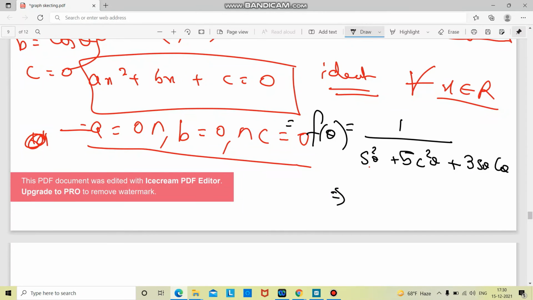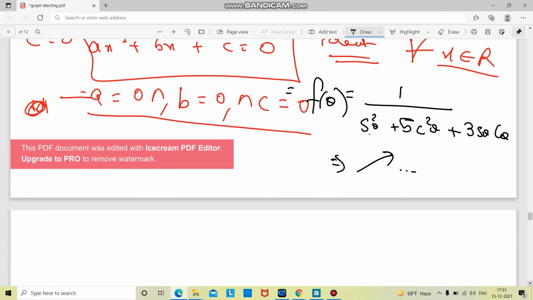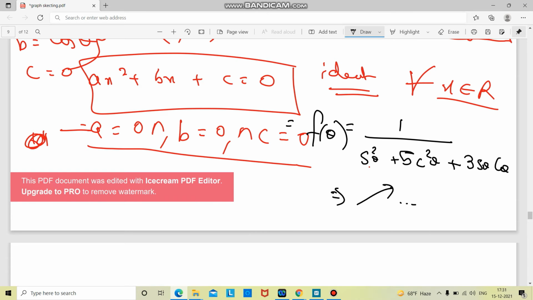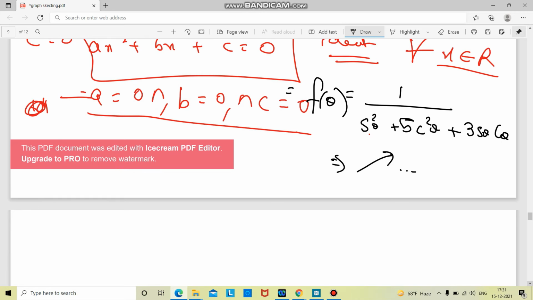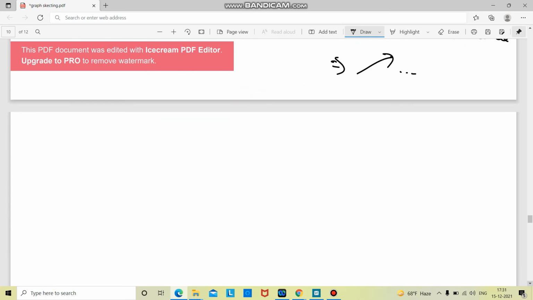You have studied in the trigonometry chapter how to do these types of calculations, so you can do it very easily. I am leaving it up to you. We will cover these types of questions in the trigonometry chapter afterwards. But you can understand the theory of quadratic equation from this question, which is what I wanted to explain: the theory when roots are more than the degree of the equation.